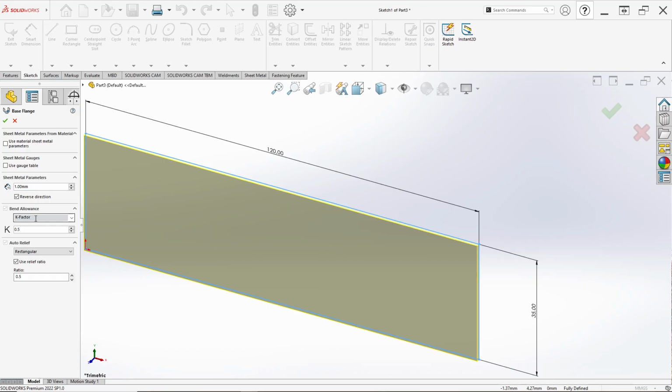And in here we can select the K-factor like this. K-factor is the ratio of the neutral axis location, the line inside the metal that does not stretch or compress, to the thickness. The value is between 0 and 0.5. 0 is all compression inside, but 0.5 is the neutral axis at the center. And here we can see again,